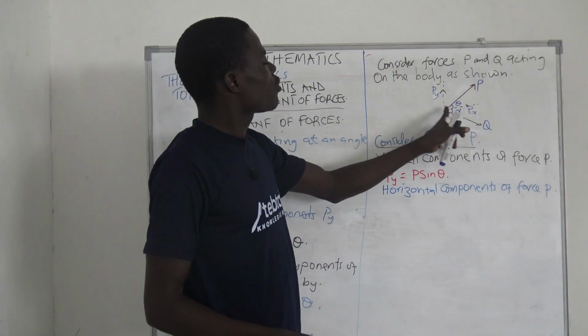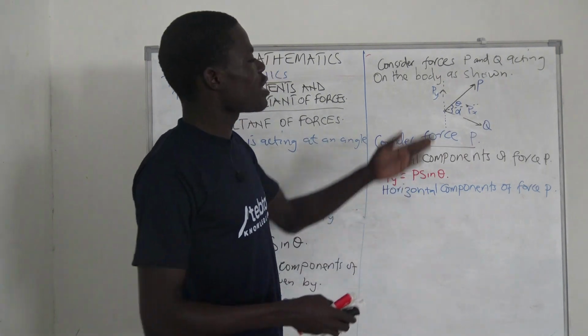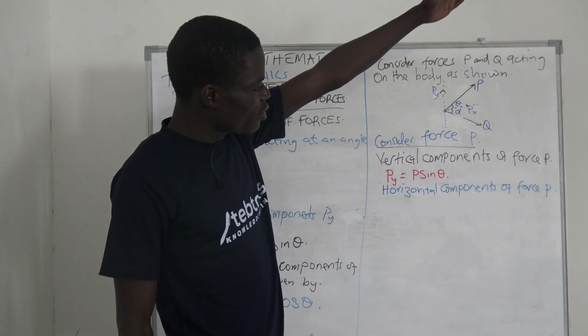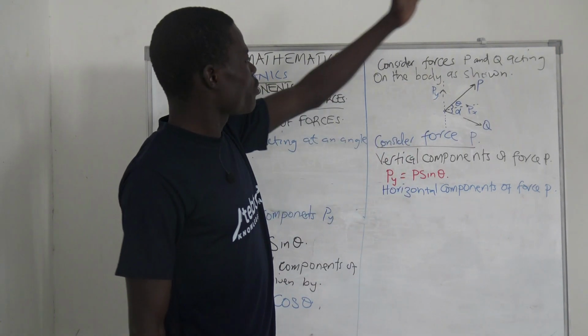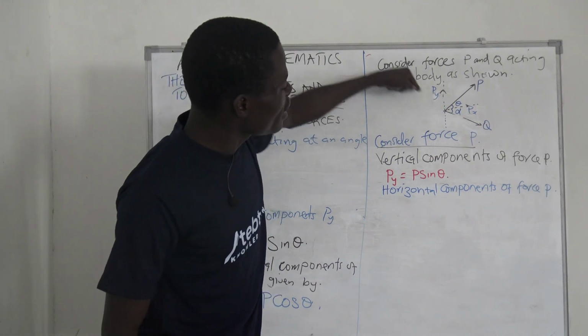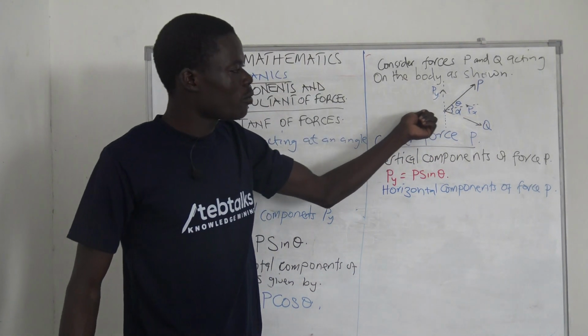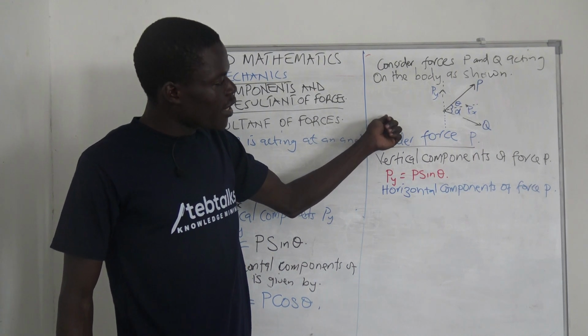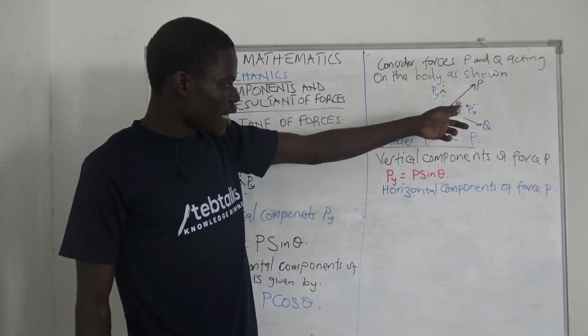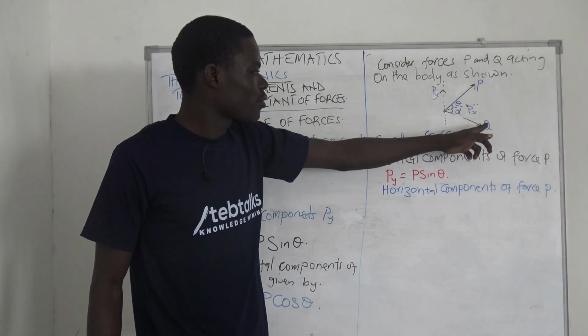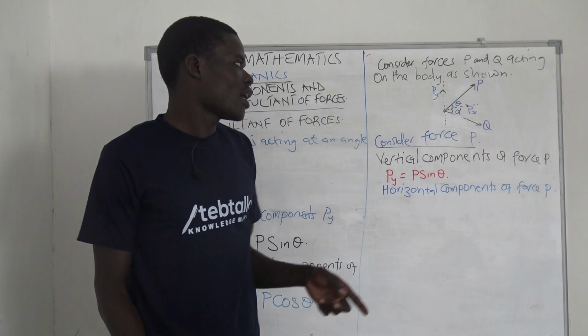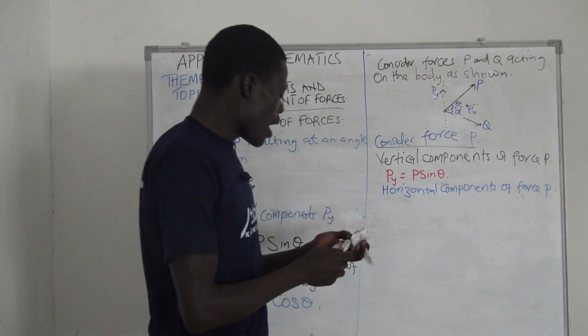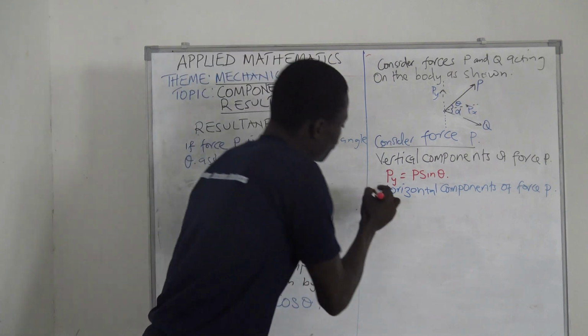The horizontal component of force P is in that direction because our force is in this direction. If it was going this side, then the horizontal component would also act this side. We shall see how it would act from force Q. So our horizontal component of force P is given by